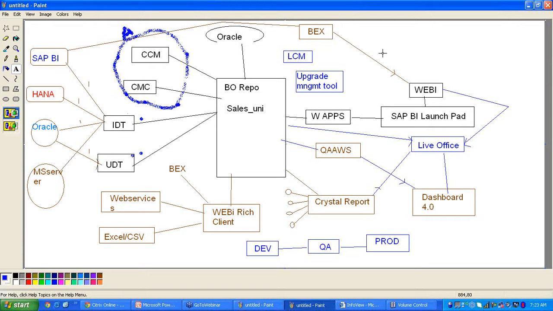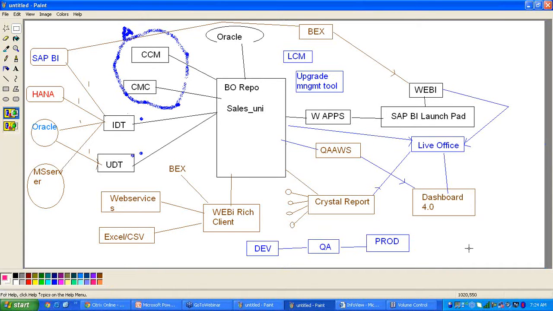The import wizard is useful to migrate the reports from the older version. I'm talking about the import wizard, the tool we have in 3.1. So how we can migrate and how we can release the project in the older version, that we can also discuss. The import wizard is the older version tool.